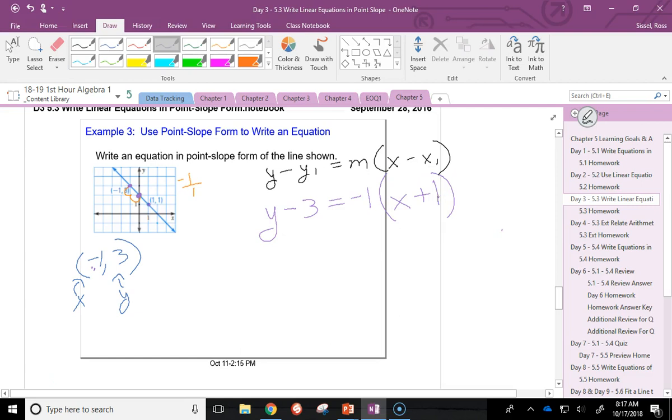And so that is our equation. Okay, I'm going to stop there because our bell is about to ring, and there are two things we need to talk about. One,